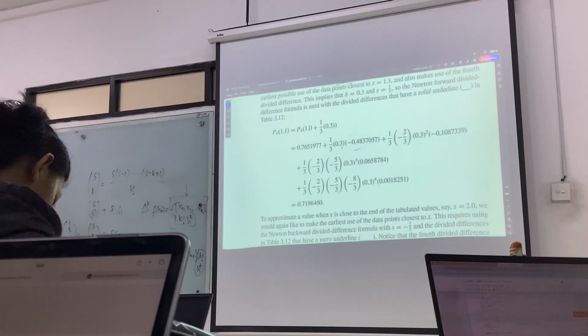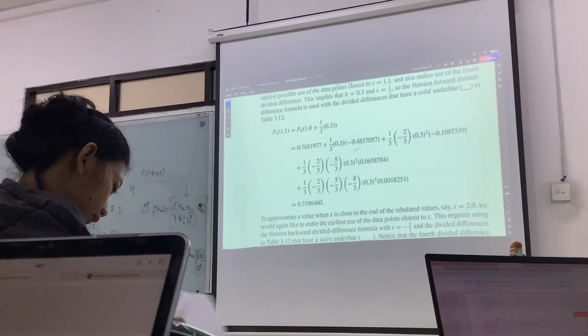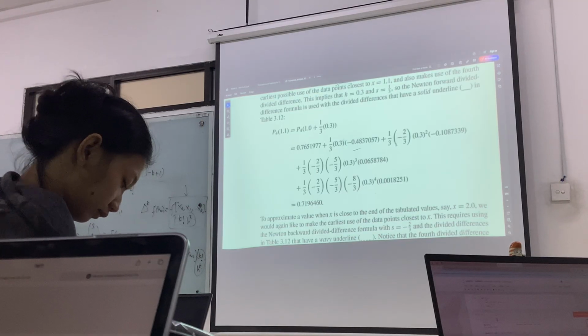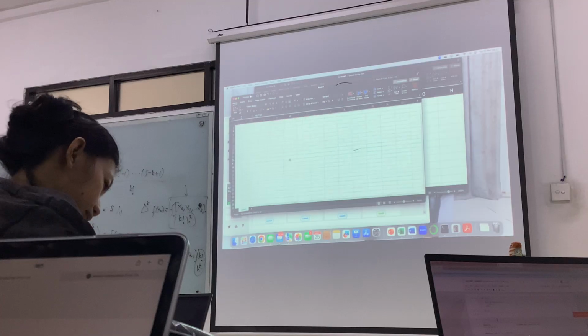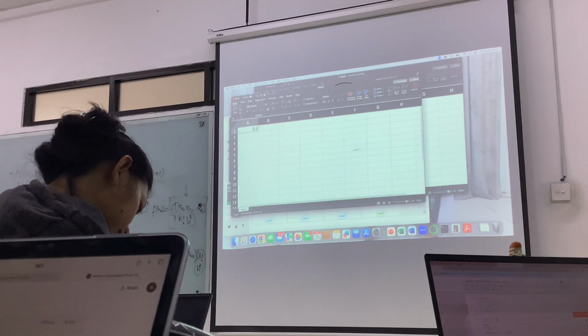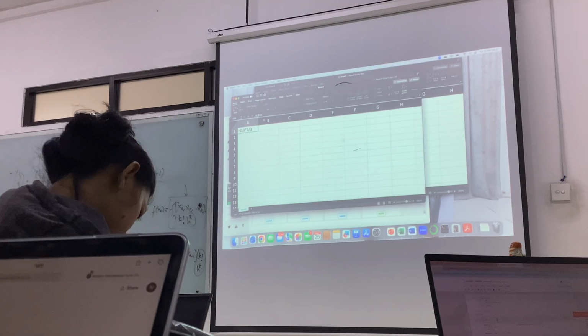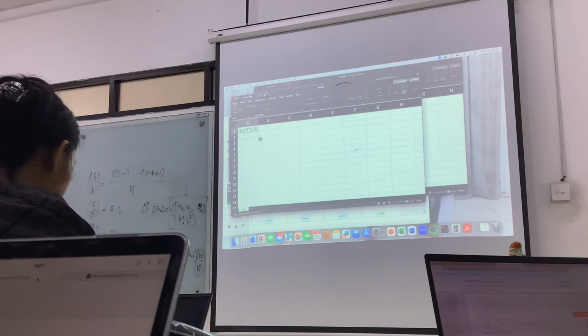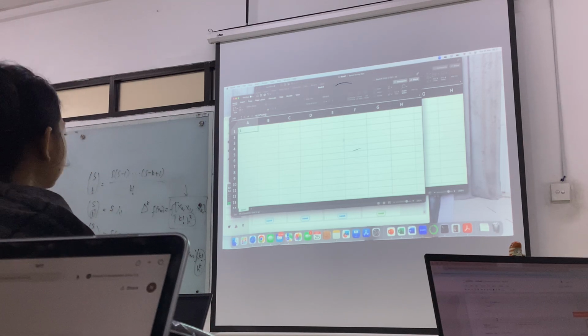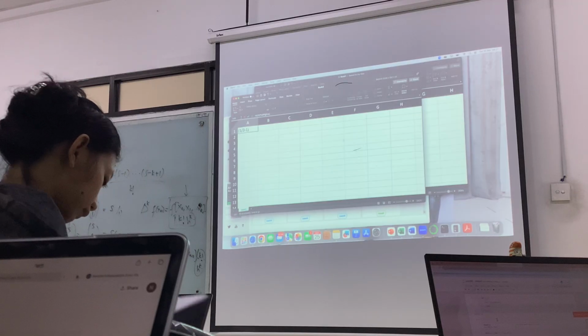And also for the second one is 1/3 times 0.1. Here is 0.3 square, right? 0.3 square times 1/3 times 1/3 minus 1, right?